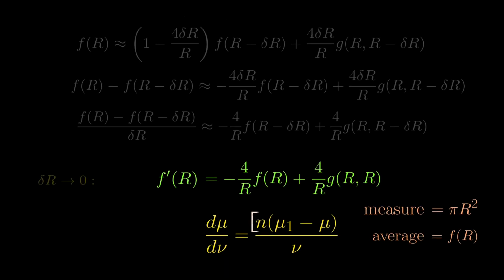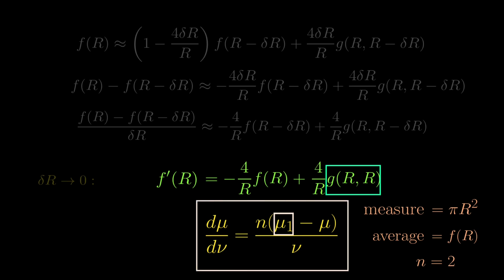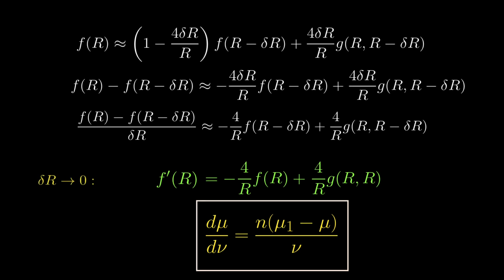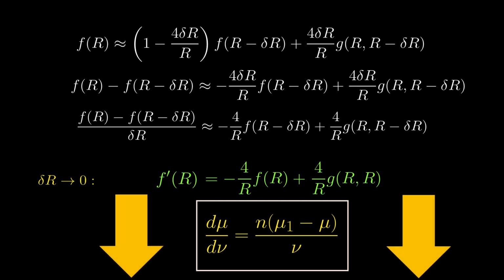N here denotes the number of points that the quantity depends on, so n equals 2 in our case. Finally, we have mu1, which basically generalizes the idea of g, something that we will be tackling very shortly. But before that, I think it's important to note that this supposedly much more general differential equation can be derived using pretty much the exact same argument, and I highly encourage you to flesh out the details of the derivation, perhaps in the comments below.